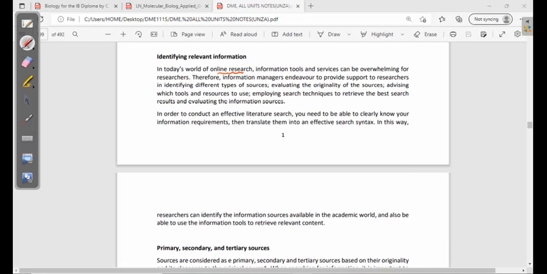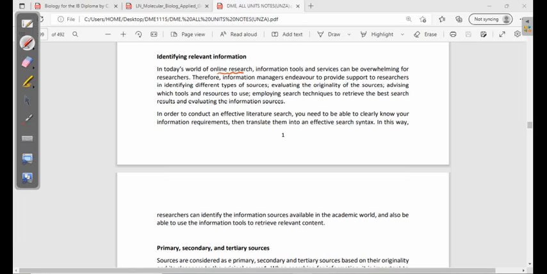So information managers endeavor to provide support to researchers in identifying different types of sources, evaluating the originality of the source, advising which tools and resources to use, employing search techniques to retrieve the best search results, and evaluating the information resources. So we need to look at some of these things when we are trying to identify which information is